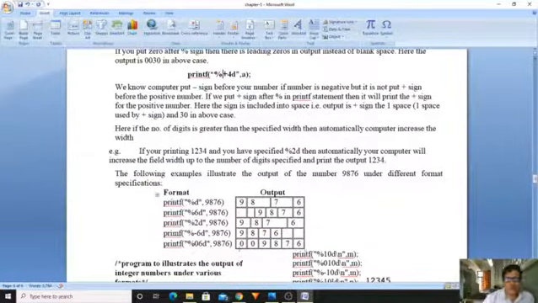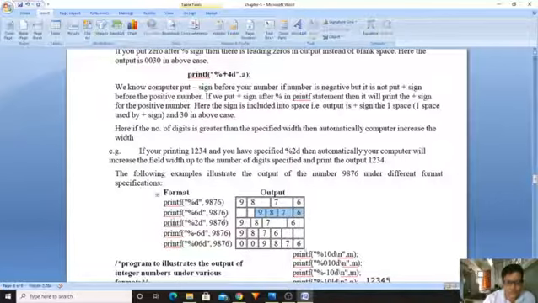Now let us see a sample example. I'm printing %d with 9876. It prints 9876. If I take a width of 6, then you see 6 boxes. The 6 boxes indicate 6 spaces. Within those 6 spaces, we are displaying the value 9876. So the first 2 spaces are blank because it is filling from right to left.